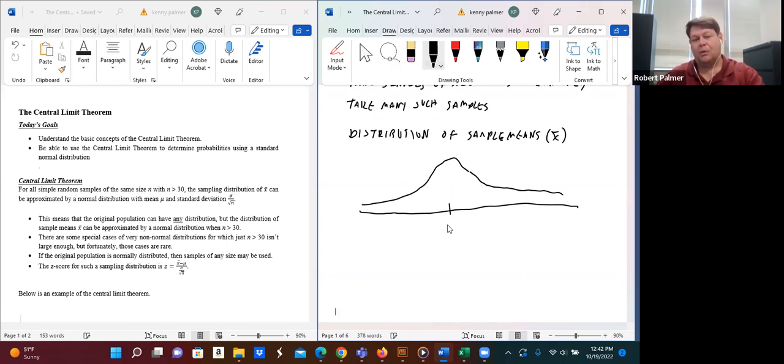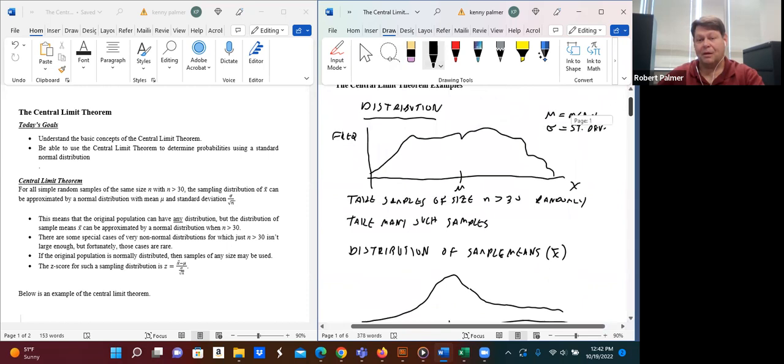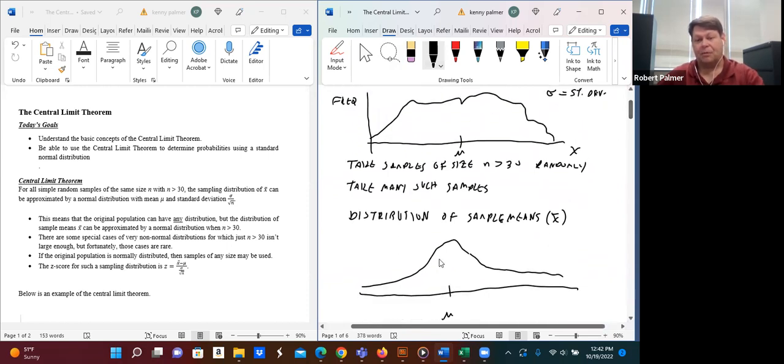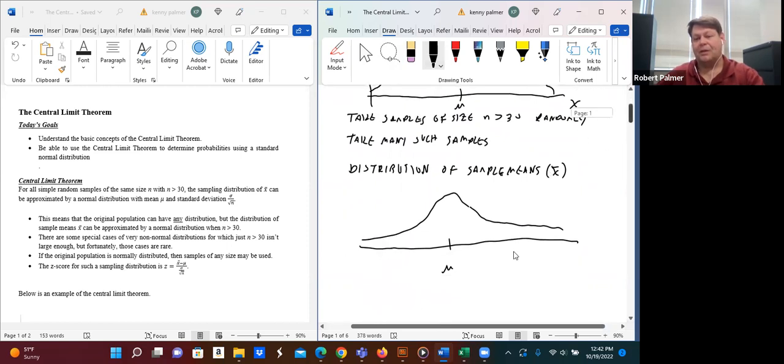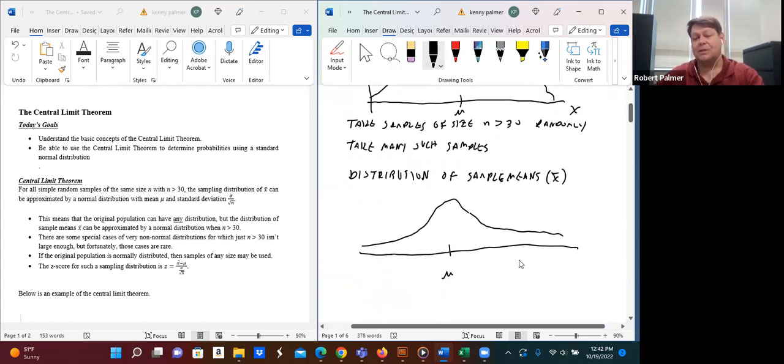The mean of that distribution is mu, the same mean we had up here, exactly the same. And then the standard deviation of this is going to be the population standard deviation sigma of the original population divided by the square root of our sample size. Once again, this is a normal distribution,